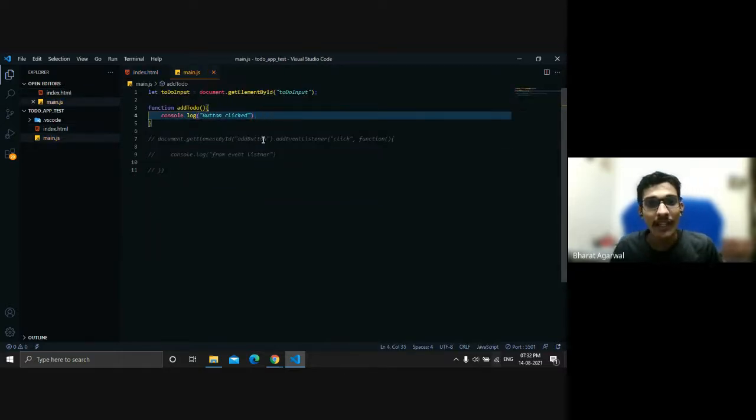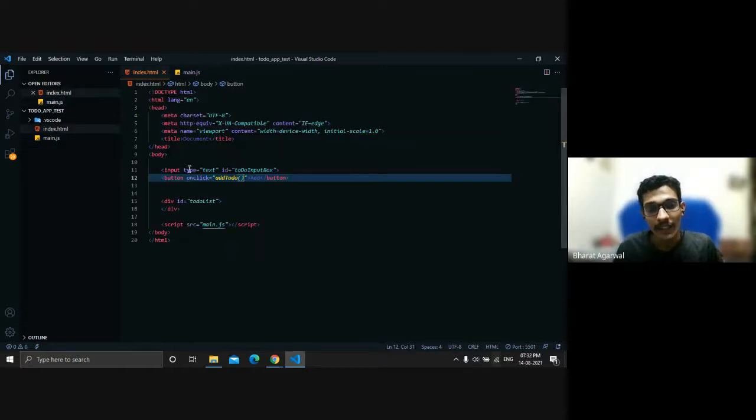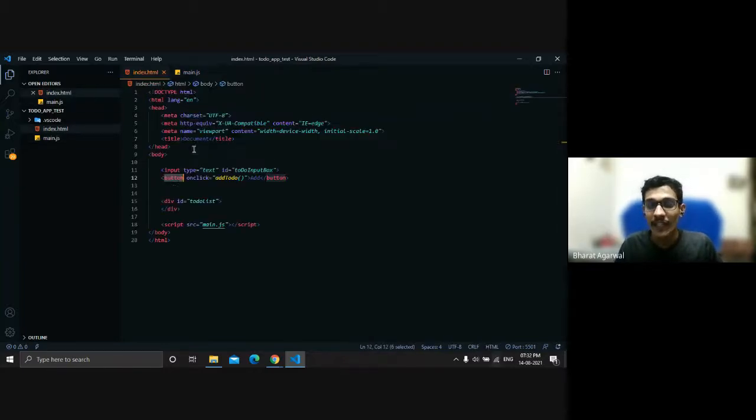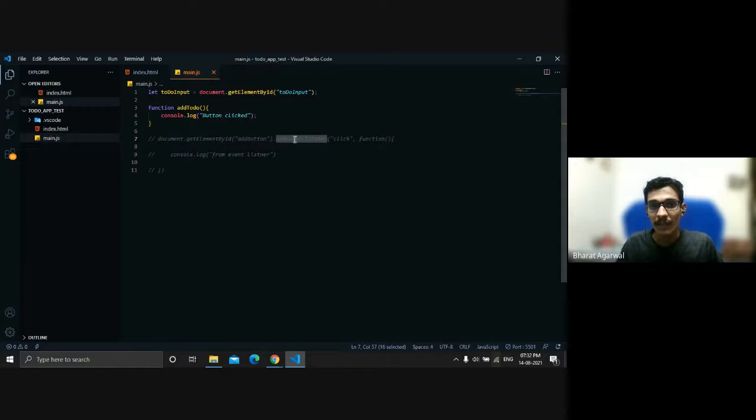So till now we have seen how we can get a reference to an element, and how we can do something when the button is clicked. Not only this button, but we can use addEventListener with any type of node. We can use it with the div as well, and with the input as well. It's pretty much multi-purpose. We can attach any event listener to anything.